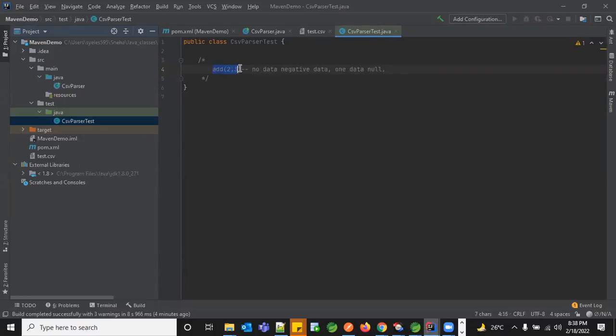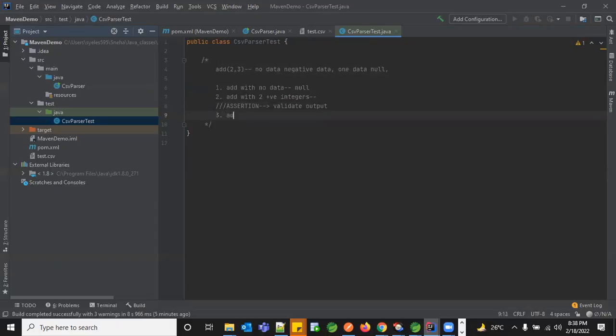I'm just giving a very simple example of add. In this add, you can go ahead with scenarios. The first scenario would be add with no data, so basically it's null. The second is add with 2 positive integers. I'm just going with integers now. This would be the test case, and the final output, whatever you get, has to be the expected output. So there is something called assert, the assertion, which will actually validate your final output. We'll see how to do that a little later.